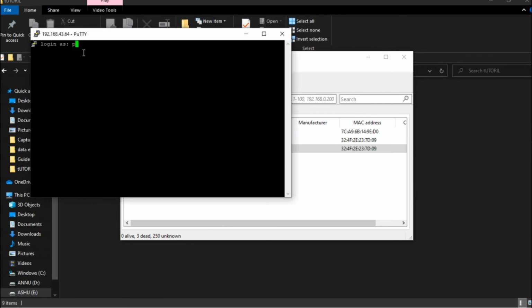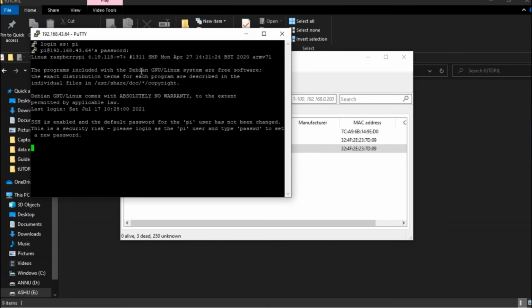Login as pi, hit enter. The password by default is raspberry. Don't worry, it will not show the password which you have typed from the keyboard. It will automatically detect your input. So after typing raspberry, hit enter. Okay, wait for